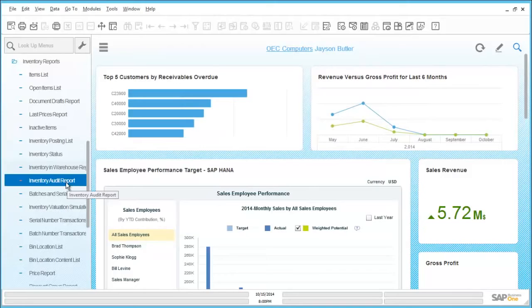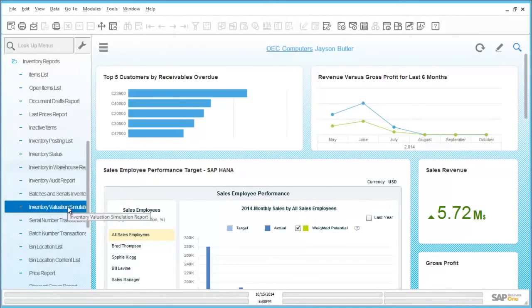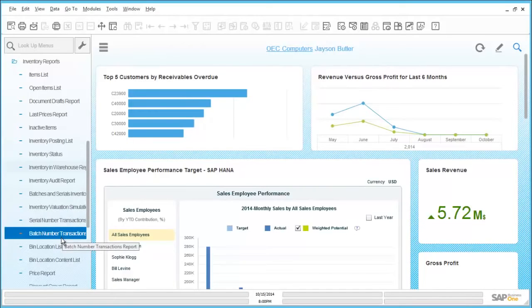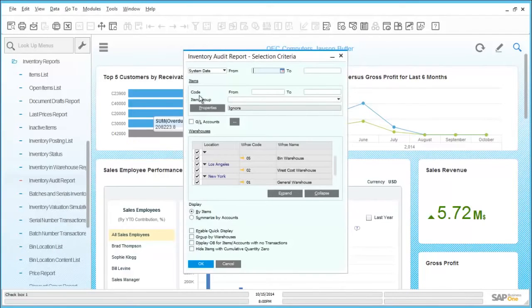Under Inventory Reports, we can see multiple reports are available to be generated. This includes inventory audit, valuation reports, or even batch and serial number related reporting. As with many other reports, the Inventory Audit report allows selection by date range, through the date picking tool,